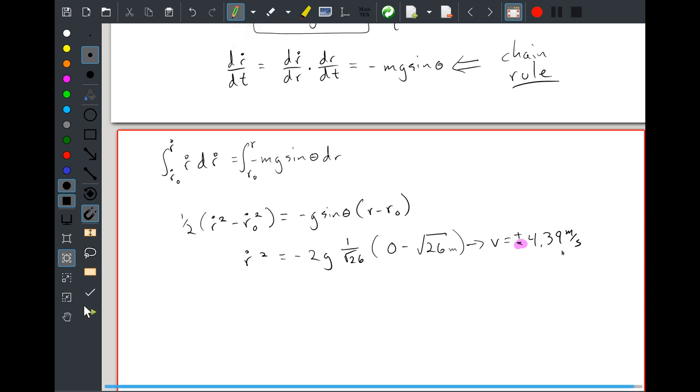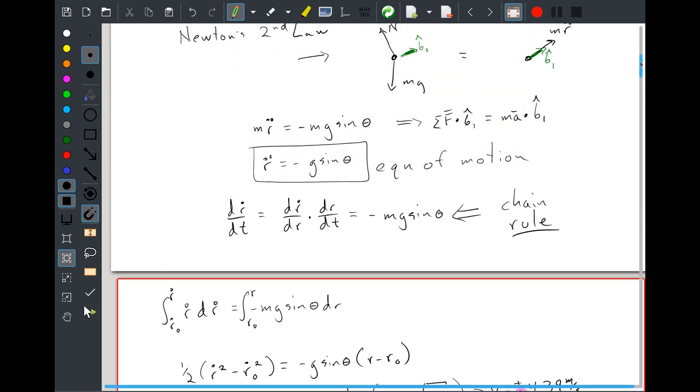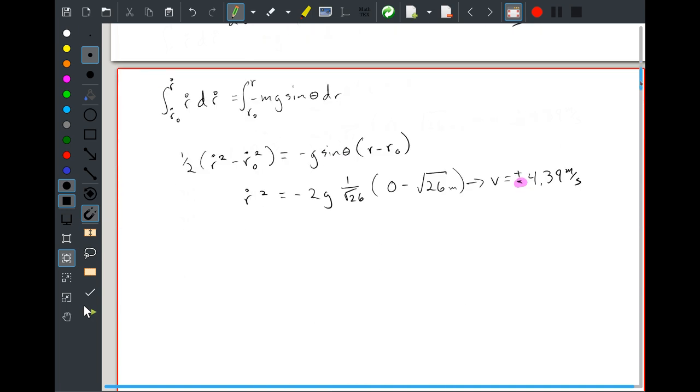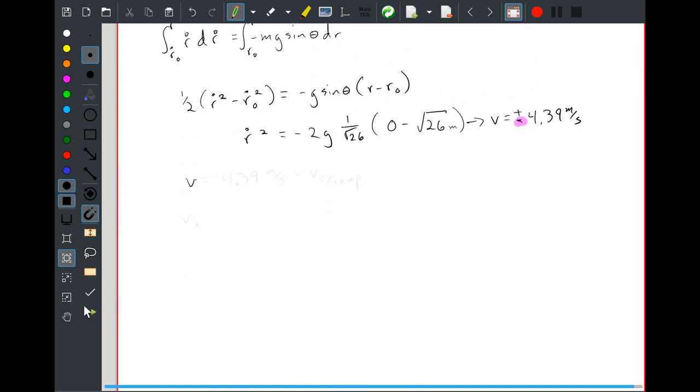This tells us how fast it's moving along the ramp. Because remember, these coordinate systems are fixed to the ramp. So this v equals negative 4.39 meters per second in the B1 direction is really the velocity of the car with respect to that ramp. But if I want v with respect to the ground,